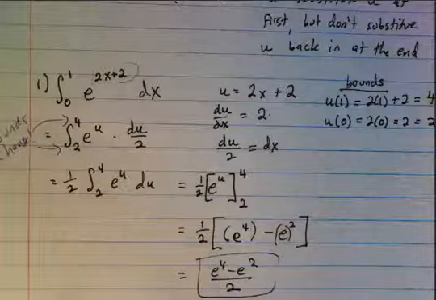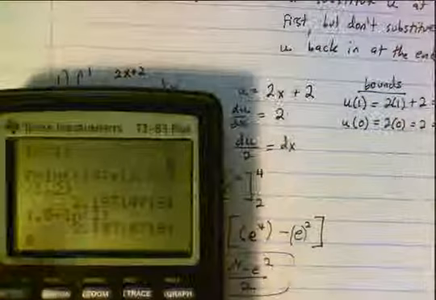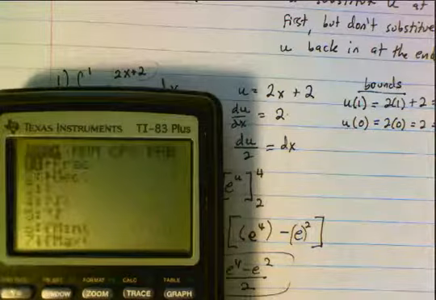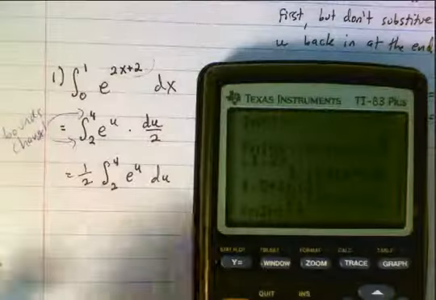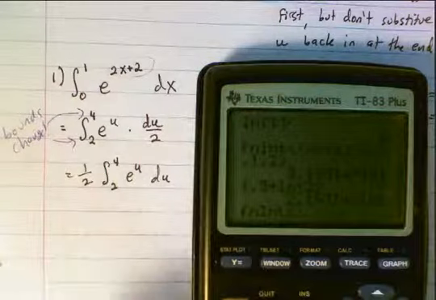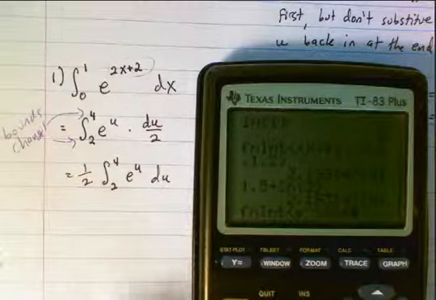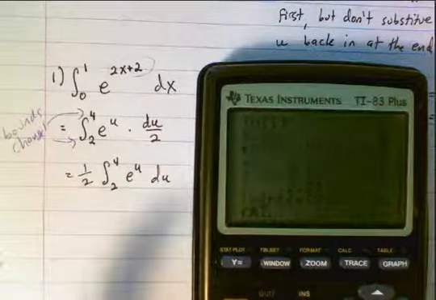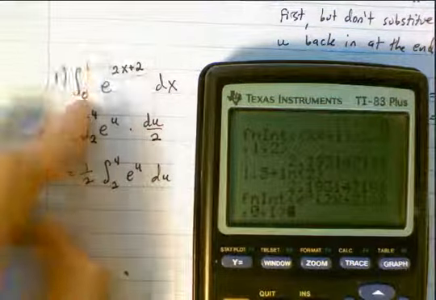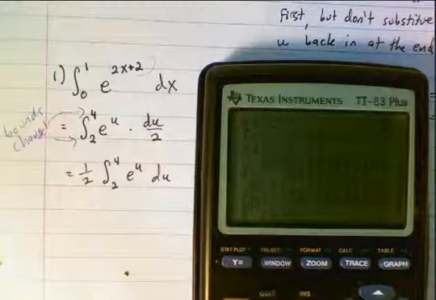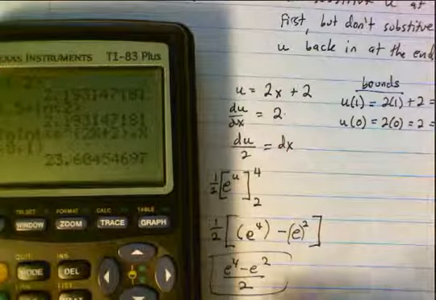When you're using u substitution, it is incredibly important to check your work. There are a lot of different places where you can make an error here. So let's do e to the e to the 2x plus 2, comma x, comma 0, comma 1. You could have made an error anywhere in recalculating the bounds, doing the u substitution. So it's very important to check that there, and then check and see if that's what we got for our